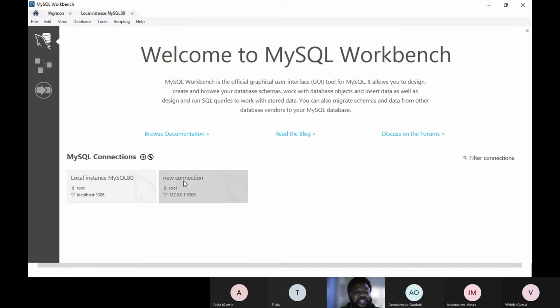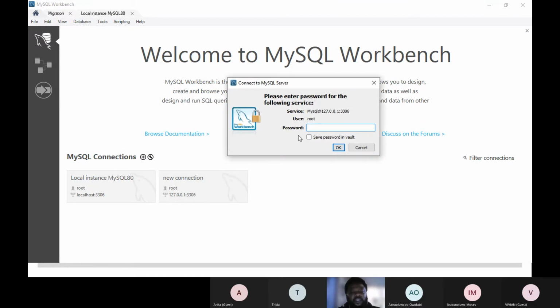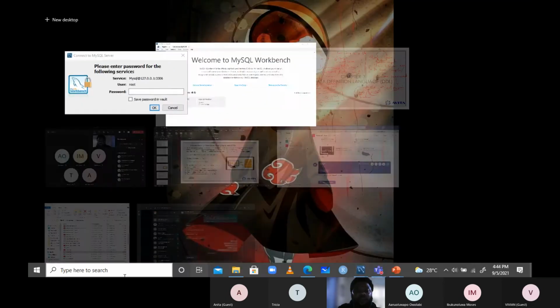I'm going to go back to that again and say, let me use a new connection. Can you see? Now it is asking me for my password. Look at the service. It's saying MySQL at 127.0.0.1, right? Now, I'm not sure if you are familiar with computing.